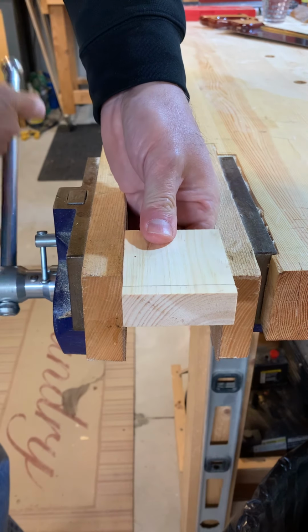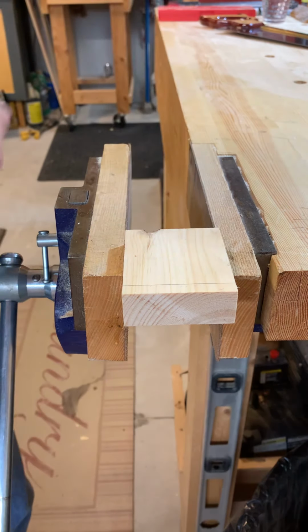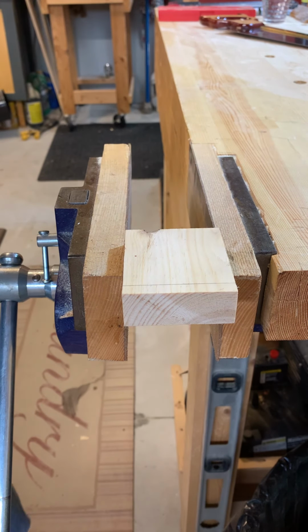Now I'm going to move this. I don't know if you're going to be able to see this that well. Actually, you won't be able to unless I move the camera. So we'll